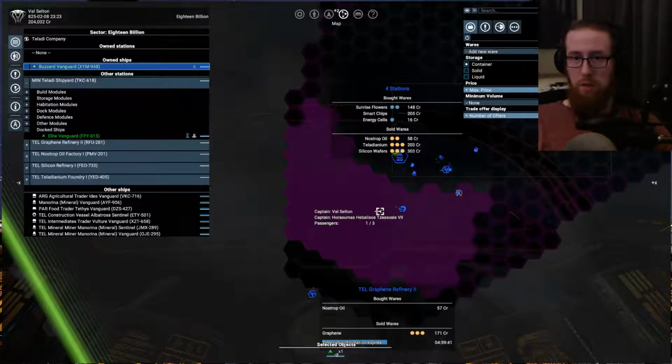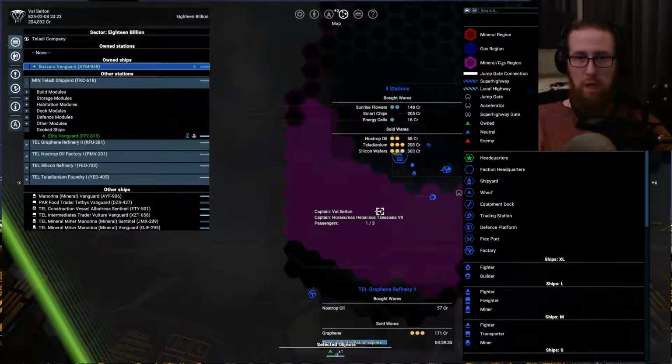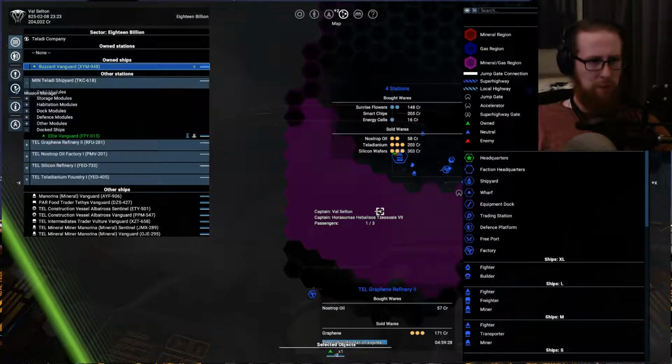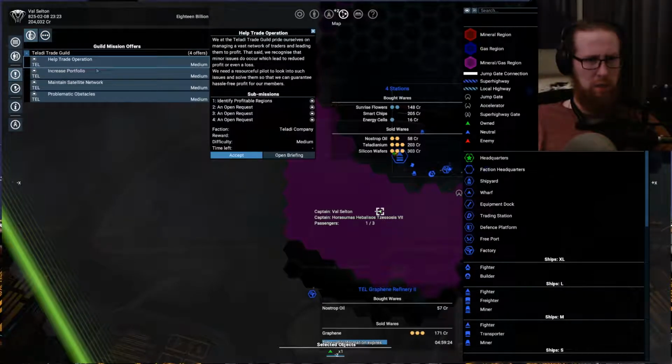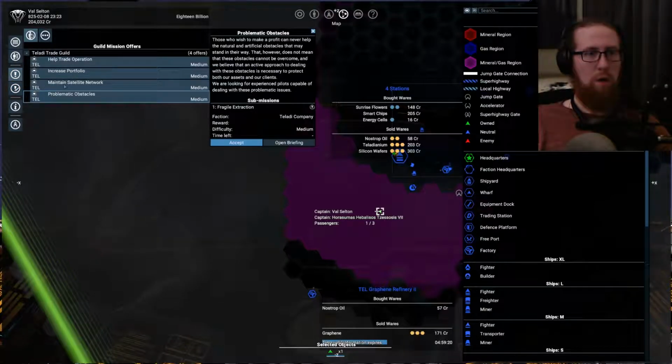If you take a look here at the legend, this red would be just a mineral region, blue would just be a gas region, purple is a gas and mineral region, so there should be both minerals and gas here. On my missions, once I got here I saw there was a mission available, and one of them was